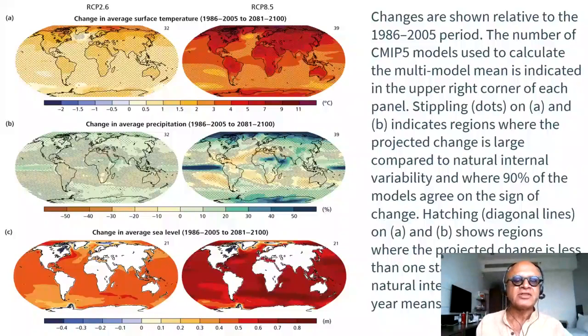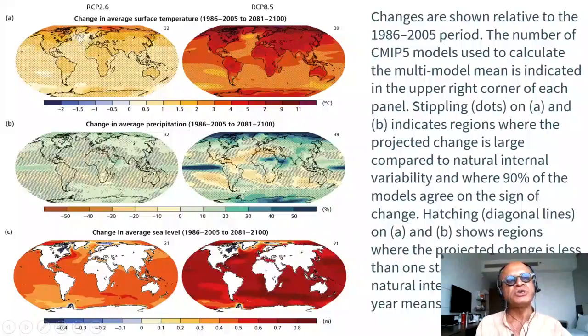But despite those details, I want to point out something. When you look at the temperature projections, there are mostly regions everywhere where the signal is above the internal variability, and most models agree. Okay, more than 90% of the models agree over most of the regions, except here in